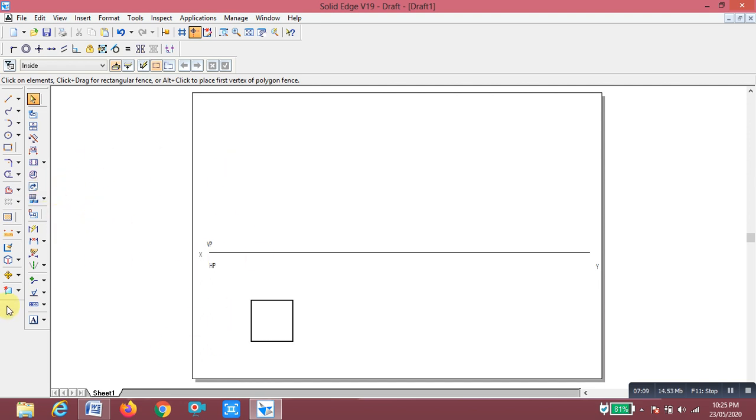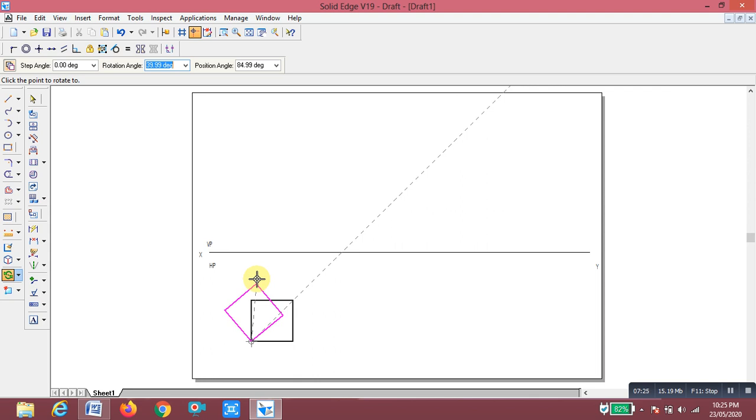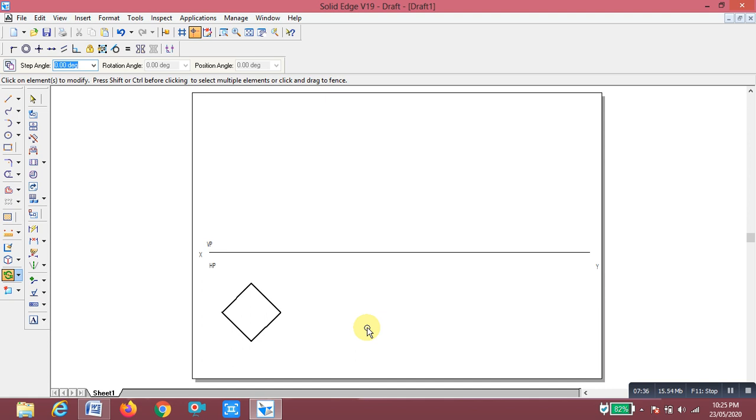You select rotate, hold the shift button and select this, first click on this corner and then this, and make this vertical. Switch off the copy command. Now it is tilted, which means these two vertical edges are equally inclined to the vertical plane. Now you have to show at least one dimension; show it here, it is 30 mm.